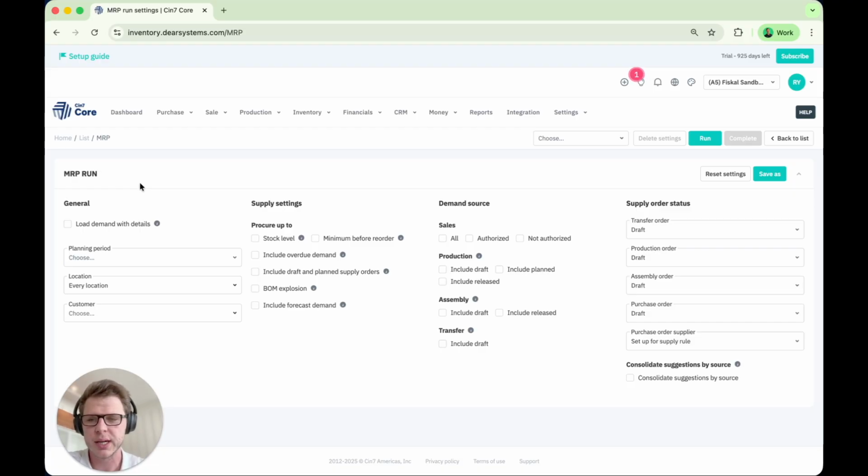We'll work left to right. Under the general tab, you can see that we have load demand with details. Now, this is a very, very important piece to tick. What this does is it creates a hyperlink for the suggested supply orders and tells you why this is suggested. So it'll include sales orders, transfers orders, and production orders, and all of the fun pieces that are putting that